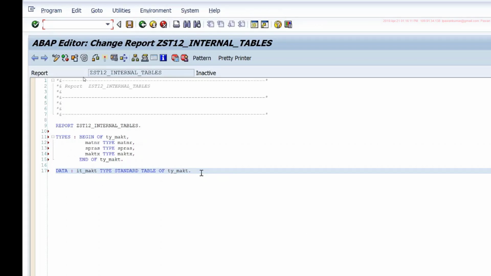The key for a table again can have 2 things. It can either be unique key or it can be non-unique key. When I say unique key, that means that the key cannot be repeated.